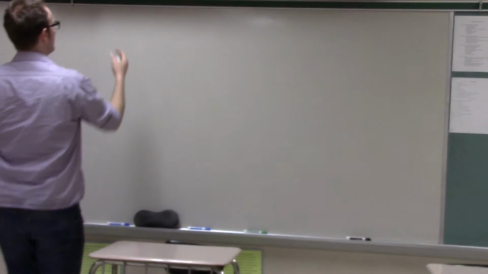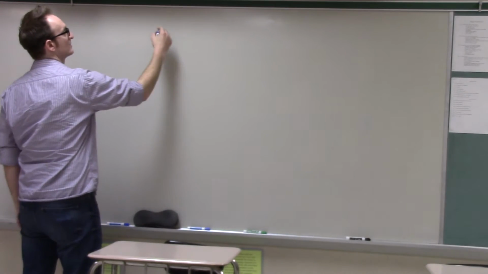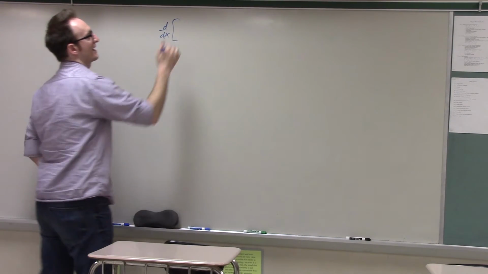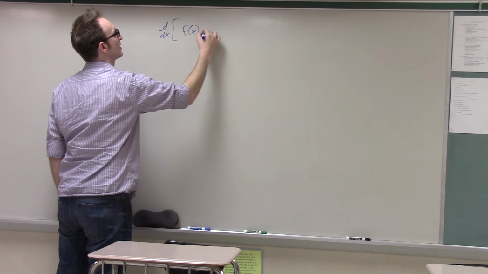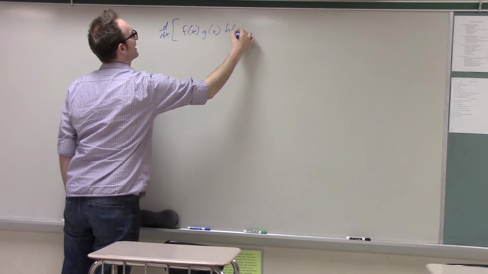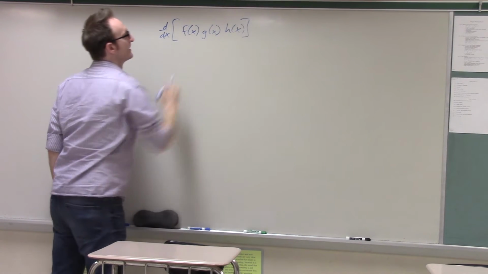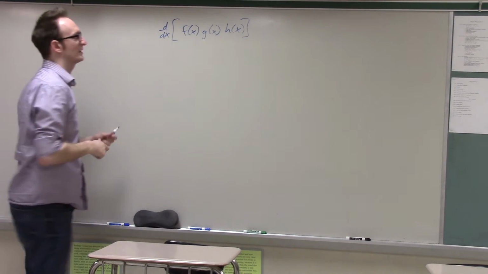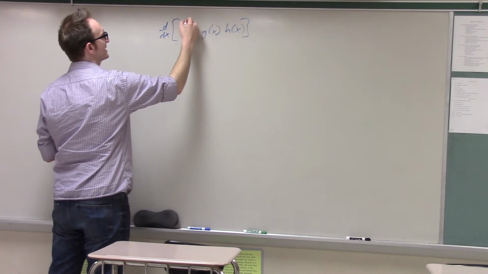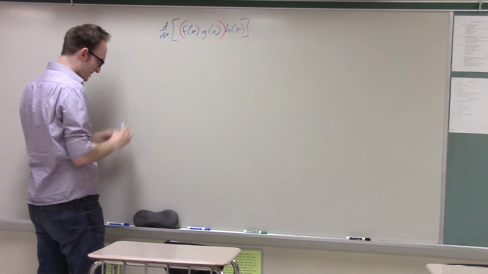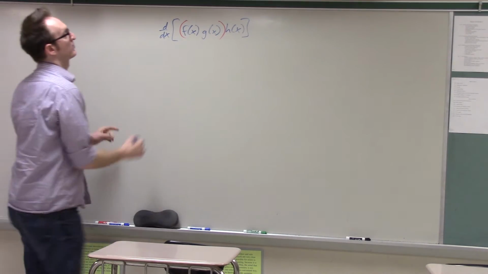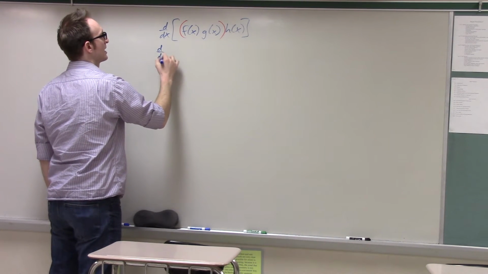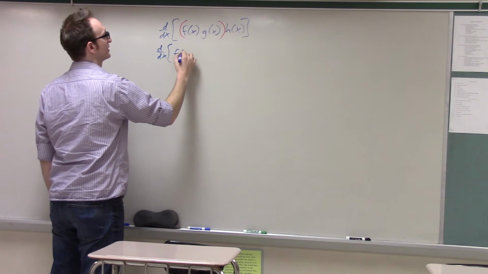So let's suppose that I'm trying to take the derivative of the product of three functions. So f of x, g of x, h of x. How do I do this? Well, there's a happy little formula for this. Essentially, I just treat two of them as one. So, okay, the product rule says that this is going to be the derivative of the first